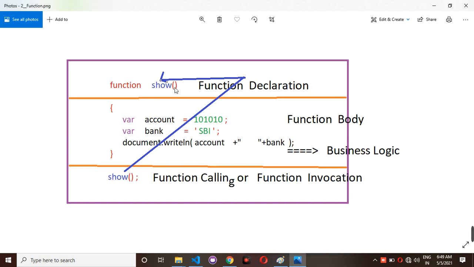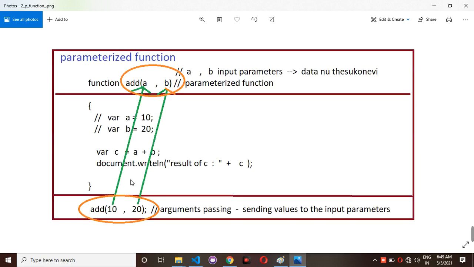Inside a function declaration, inside the parenthesis brackets, if you have written something, that is called input parameters. For those input parameters, at the time of function calling, if you are giving any data, that is called arguments passing. Arguments passing means sending values to the input parameters.